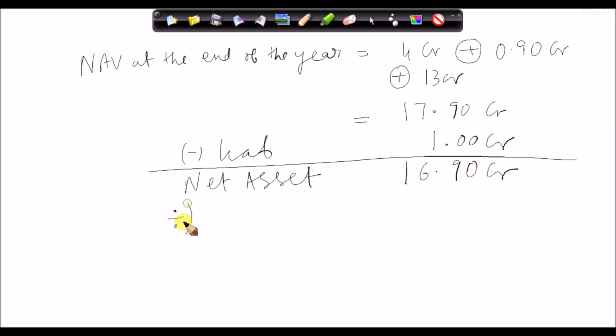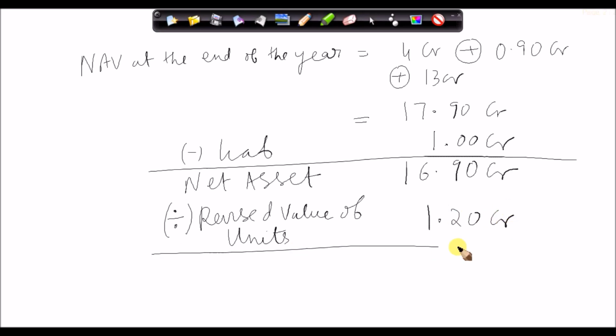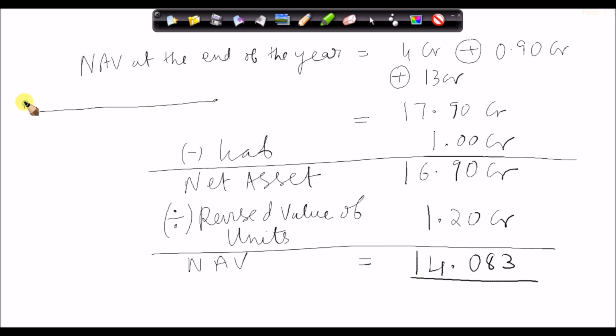This we are going to divide by the revised value of units, and our revised value of units is 1.20 crore. So now we are going to get the net asset value at 16.90 divided by 1.20, which is 14.083. Now remember friends, at the beginning the net asset value per unit was 11, and now at the end the net asset value is